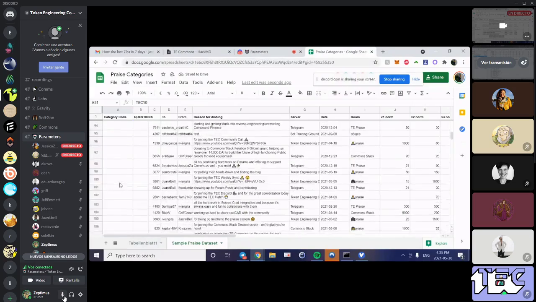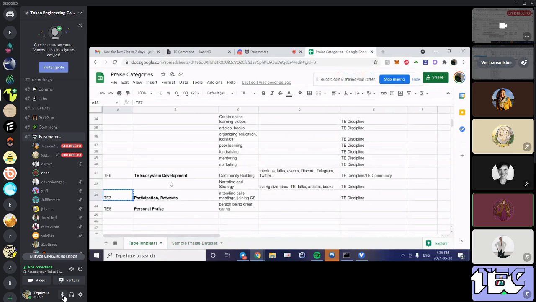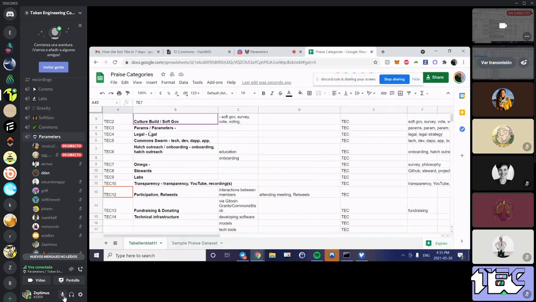I was focused on the data, I didn't hear. I was just saying, what's the difference between the technical infrastructure and Commons Swarm categories, or should we say Commons Swarm is specifically for the commons related stuff? Commons Swarm isn't commons related.